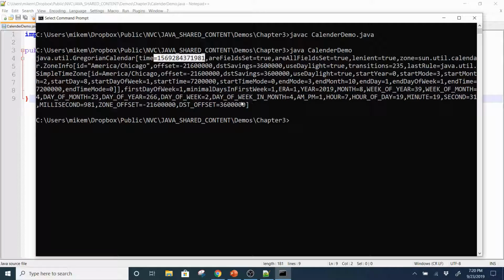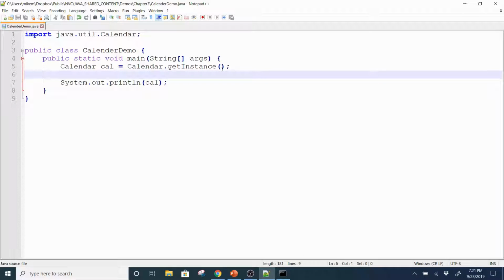It's actually giving you these values for the hour of the day. It's saying 19, which is, if you know military time, that's 7 o'clock. The minute of the day is 19. So it's saying 7:19 when we ran this. Right now it's currently 7:20. So a minute has passed. It's giving you the number of seconds. It's a lot of information here, right? This doesn't really do much for us. But if you want to actually get